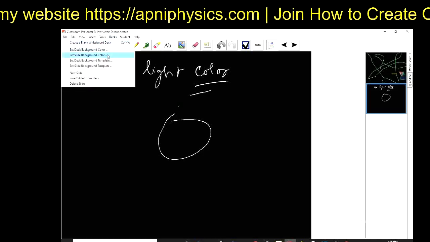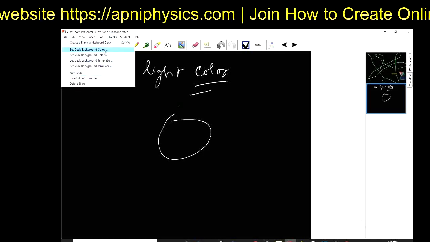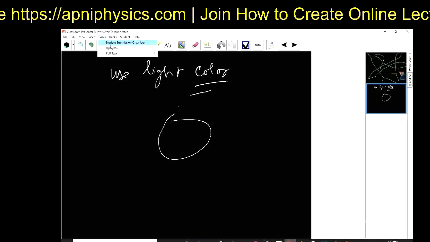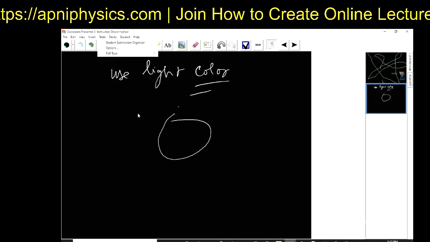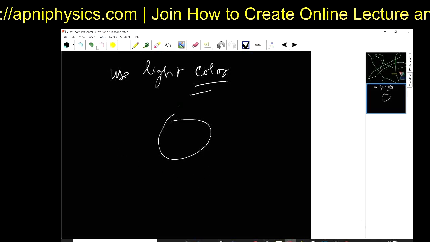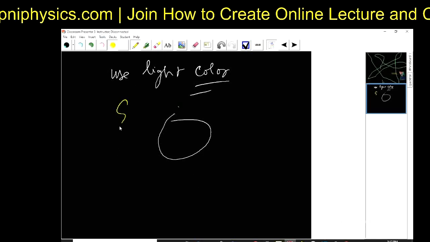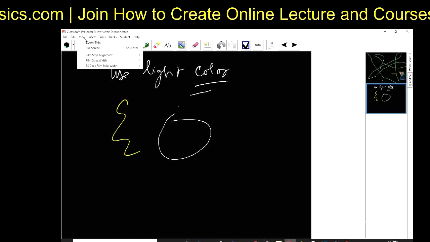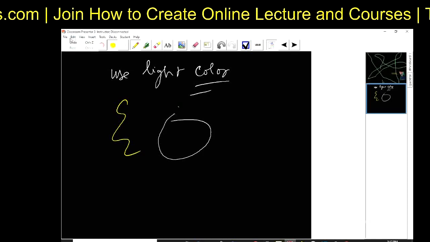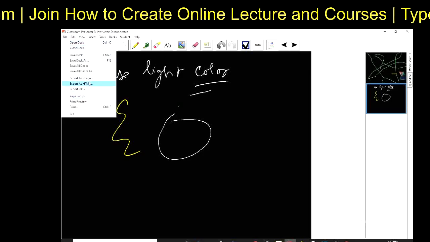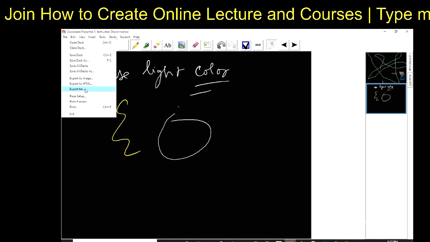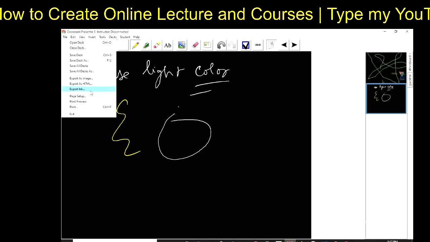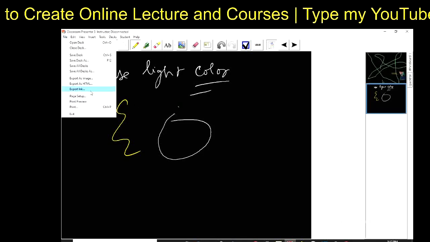Here you got the point about the decks. First of all you have to create the decks. Tools you require for the graphics tablet, only these tools, right? And under Insert, you can see all the slides, and you can further save all of them as images, or you can export a link and embed all these slides into your website.